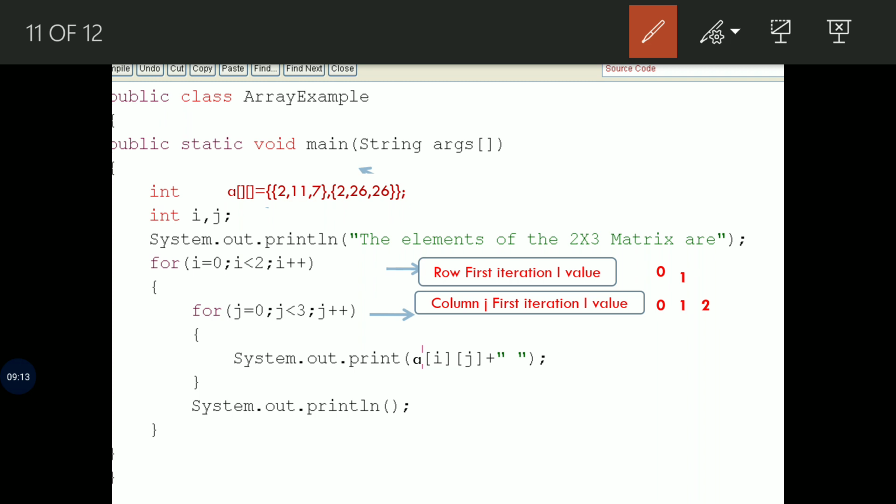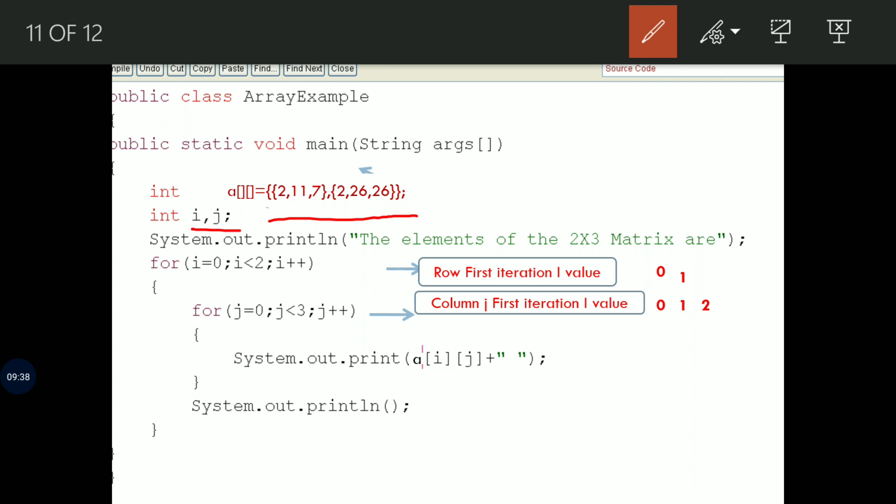Analysis. In this Java two-dimensional array program, first we declared a two-dimensional array of size 2 of 3 and initialized with some random values. Here i and j are used for row and column iteration. Here for loop will help to iterate every cell present.